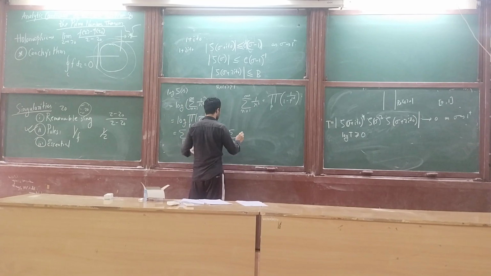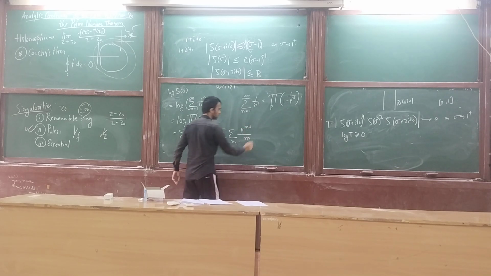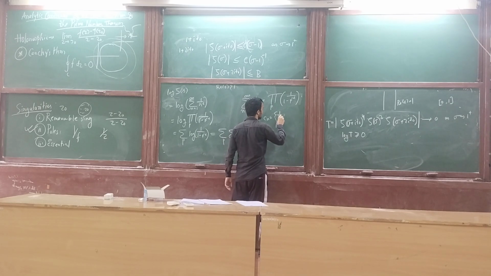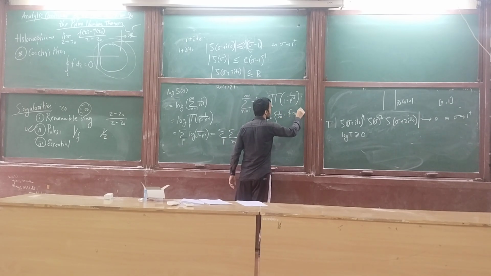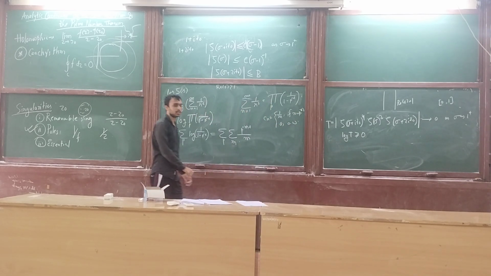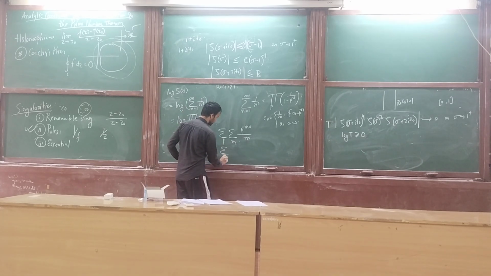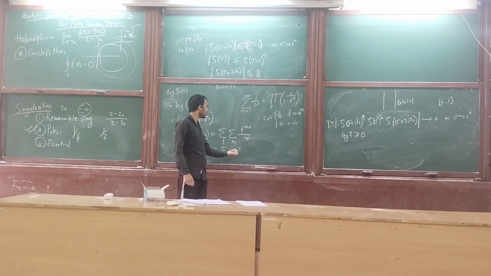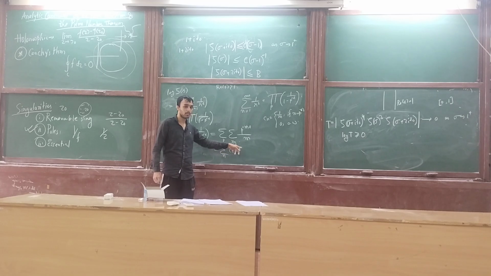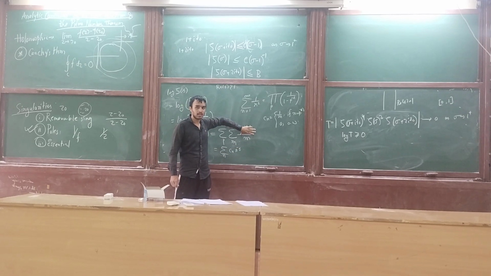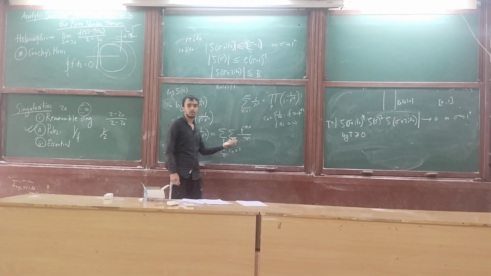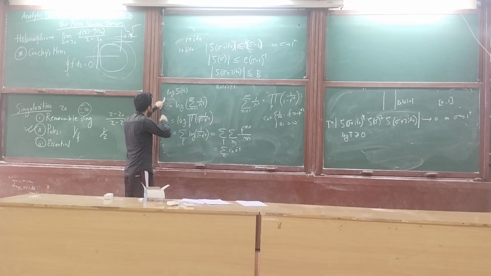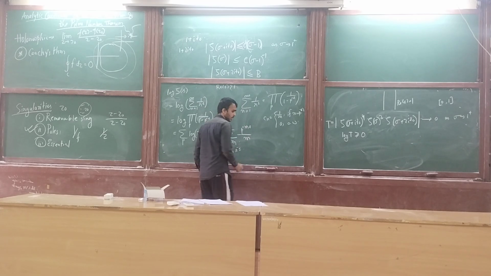E to the power minus m s, right? Now you define c_n as 1 by m when n is p to the m. So notice this: when n is a power of a prime, c_n becomes 1 by m, and this becomes p to the minus m s, so this will just agree with this thing. When n is not a power of a prime, this becomes 0, so it will not even appear here. So this thing becomes this thing. Now you want to